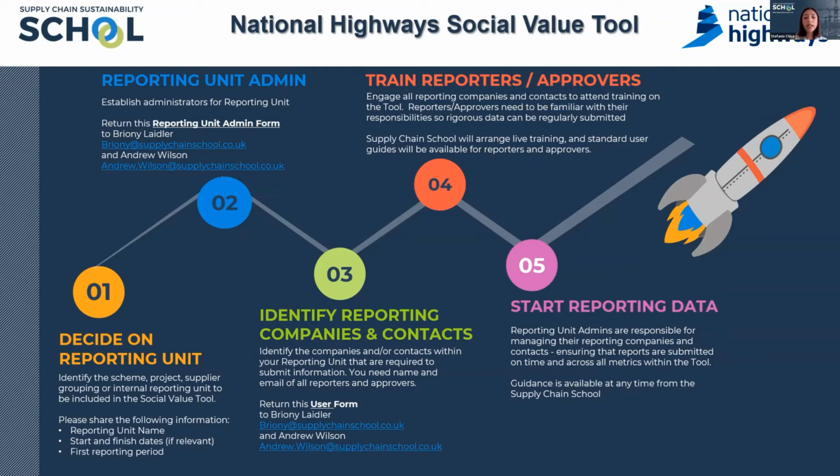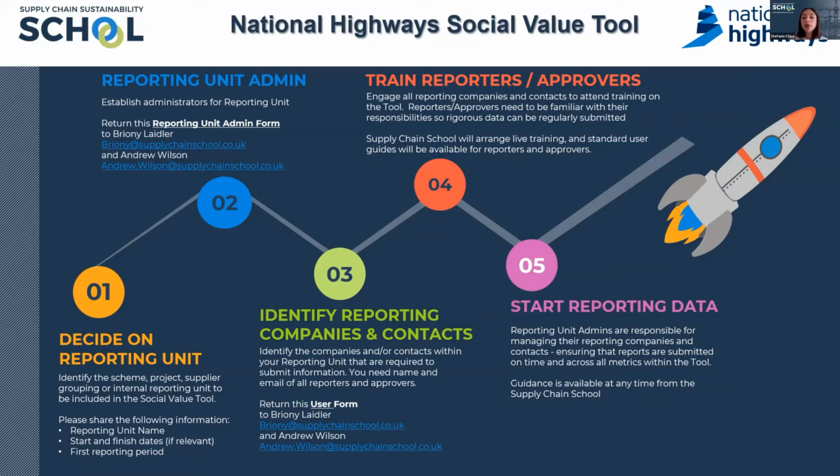Step number 3 is about identifying the supplier companies that are going to be reporting data into this system, and also the main contacts, who are the people that will report the data on behalf of those organizations. Again, there is another form for you to provide this information,